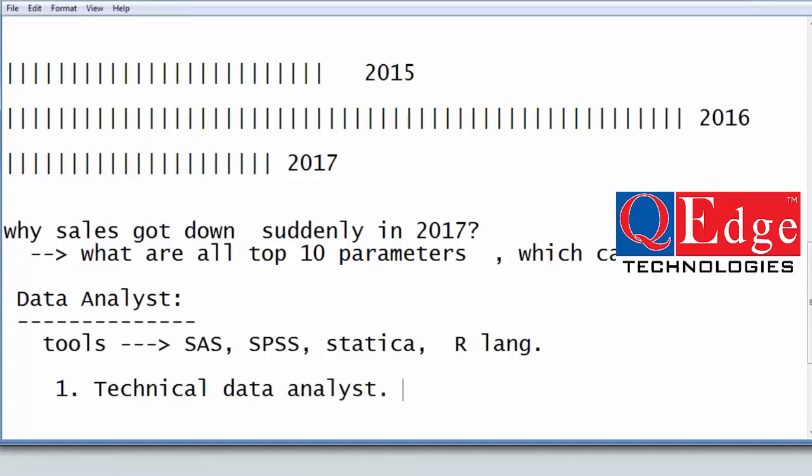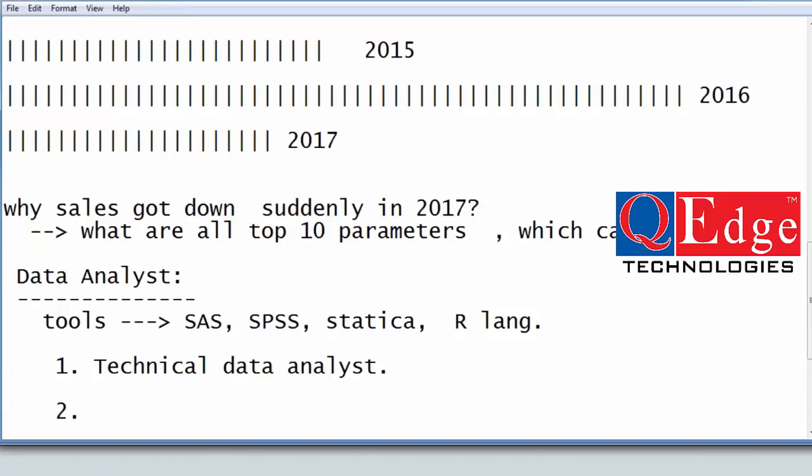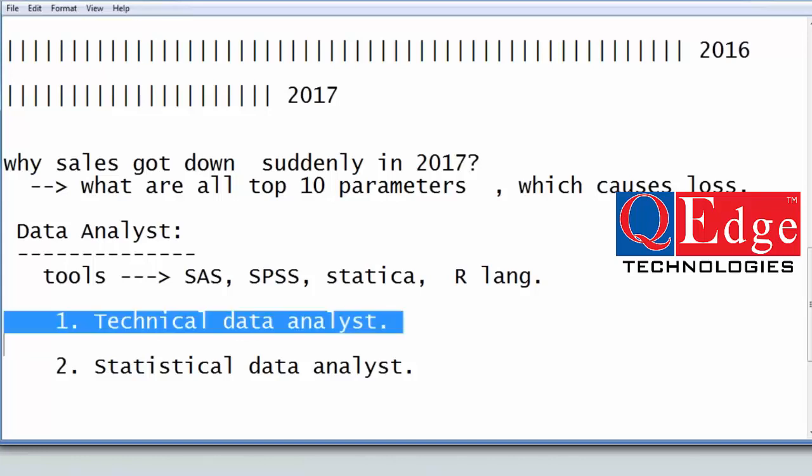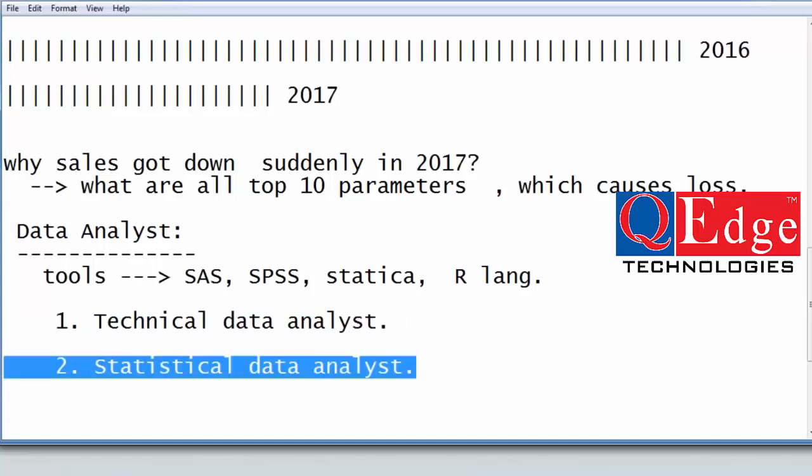He has some different roles. And the second guy is statistical, you can say statistician, even statistical data analyst. Again, the same question, this kind of question is invalid. Who is great, technical or statistical? It is an invalid question. Technical roles are different and statistical roles are different here. If the technical guy performs his roles and finally prepares the data as per the statistical model's expectation, then only the statistician can do something. Because the statistician is weak in technicals, the technical guy is weak in statistics. So this is the problem.